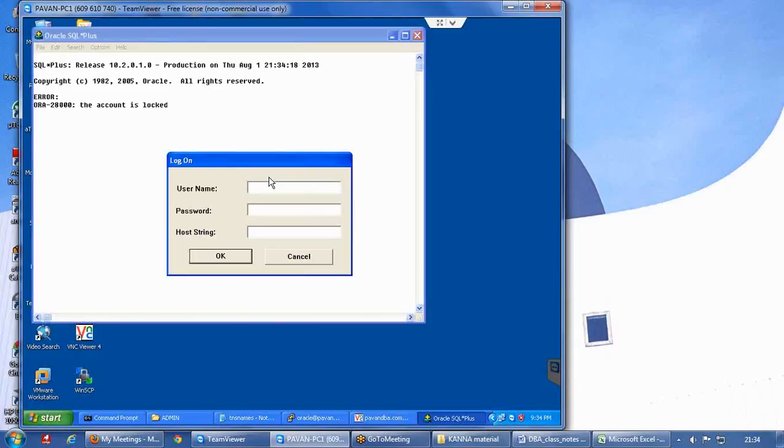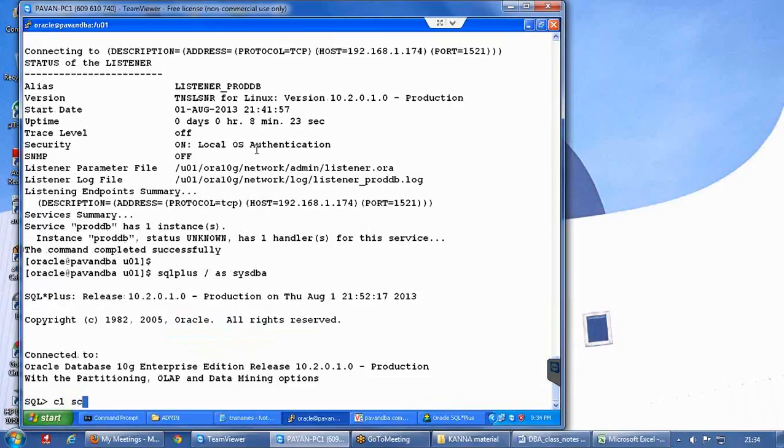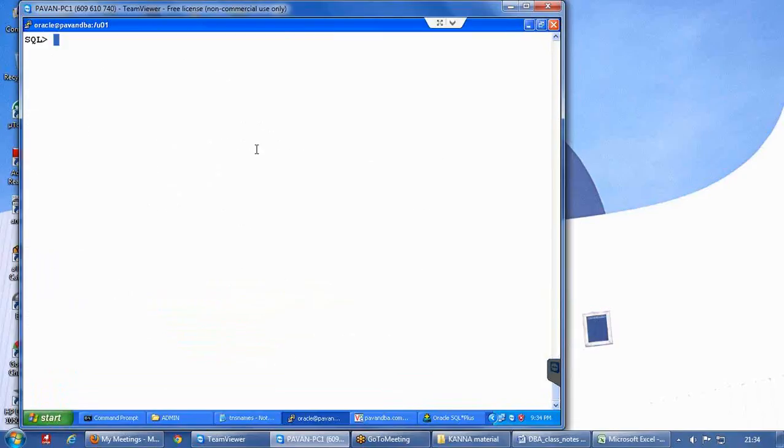When I say OK, the account is locked, fine. Let me unlock the account, or let me create one user.